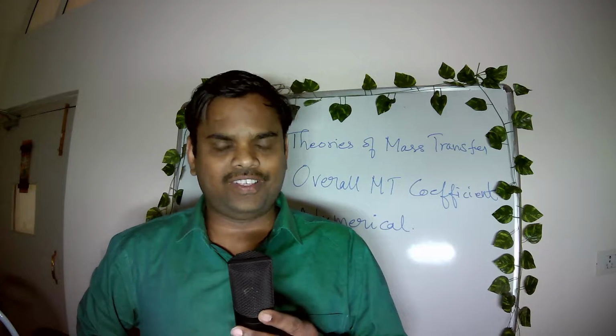So in this lecture, we are going to discuss theories of mass transfer. In a chemical industry, we have unit operations and unit processes. In unit processes or chemical reactions, we come across gas-solid systems, whereas in unit operations like mass transfer, we come across several gas-liquid systems. In gas-liquid systems, two phases are involved, so there exists an interface, and we have a bulk concentration in the gas phase, a bulk concentration in the liquid phase, and an interface.